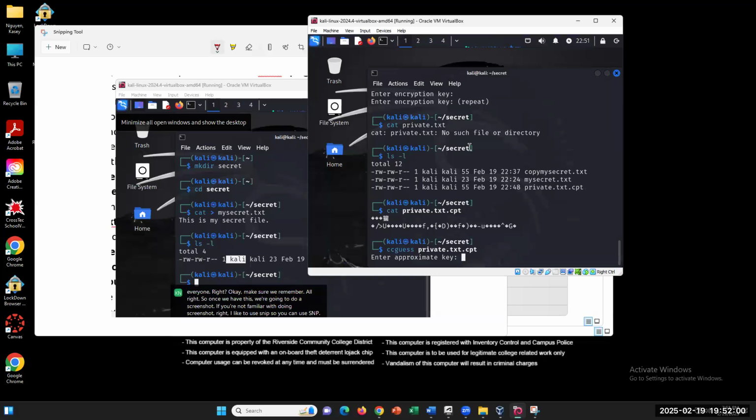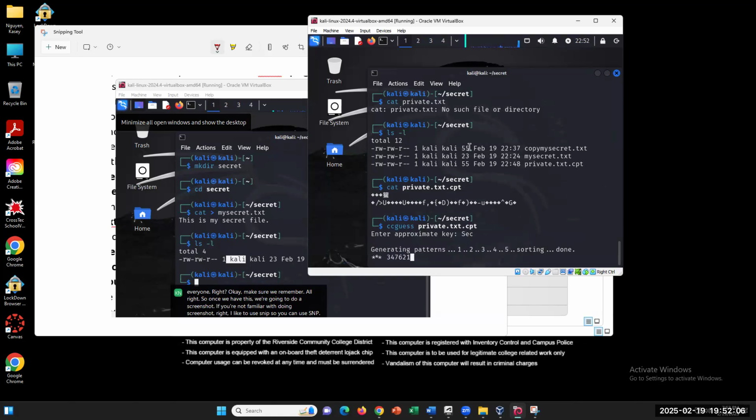And I'll just put, we're going to give it a little bit of a hint of the key. Do you think they'll be successful brute forcing the key? So we're going to try to break the encryption with ccguess for the ccrypt. Now, because the processor is kind of slow for the VM,